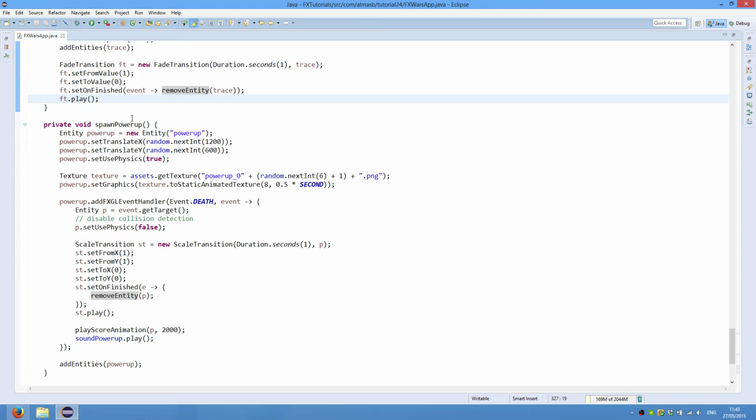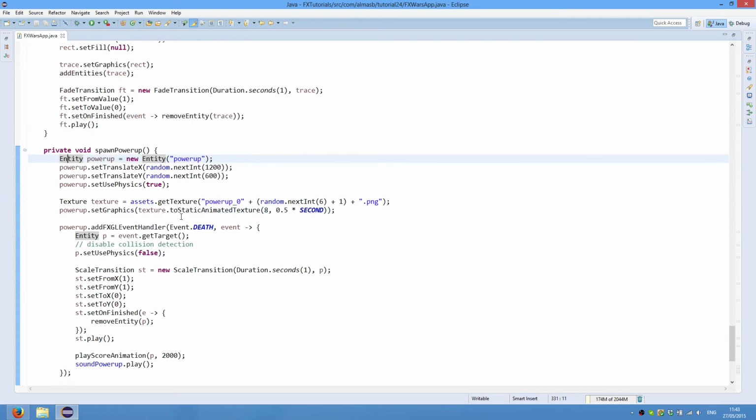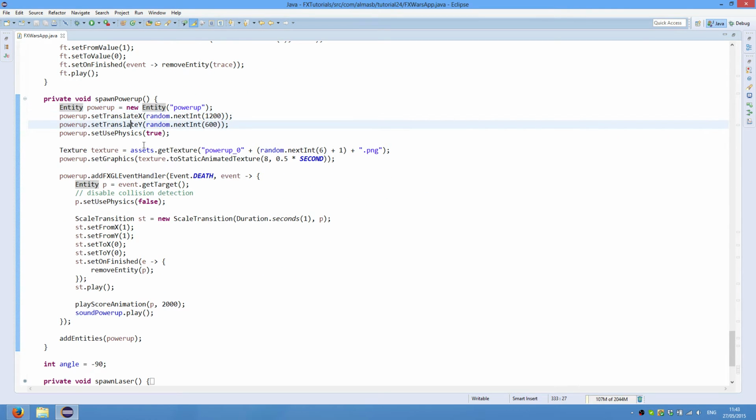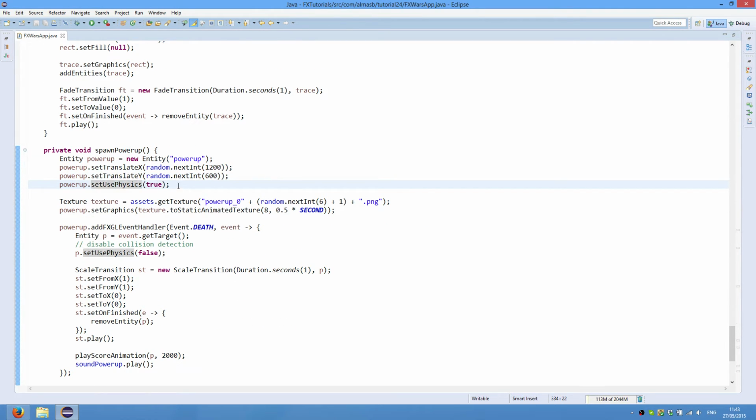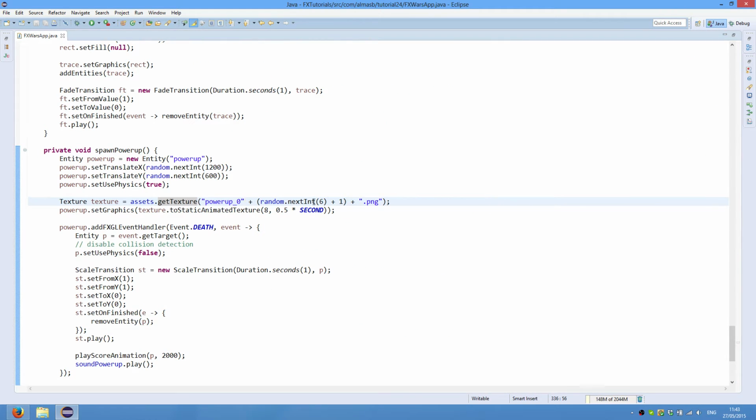So spawn power up is we create again. Pretty much all the creation is very similar. Translate X, translate Y, set use physics to make sure it's collidable. We get texture from assets object because this is the object that stores all our cached assets. So get texture, because the name of all the textures starts with Powerup underscore something, and something is the value. So 0, and then we get